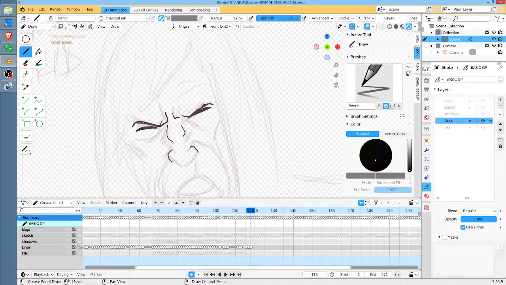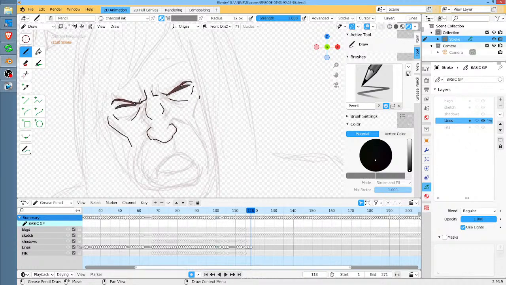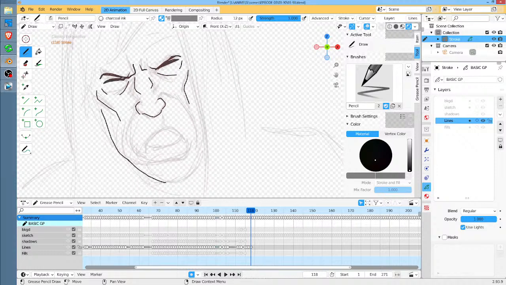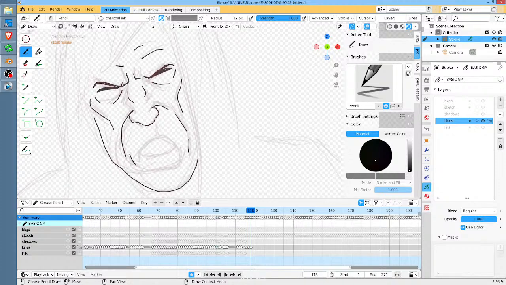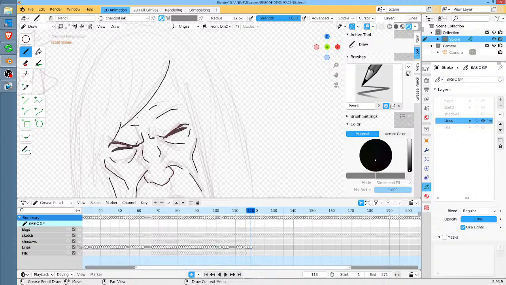So this is an interesting way of working. It feels like a traditional technical drawing pen. I like it. It's actually a good way to work. You get that Alex Toth kind of thing going on. It forces you, with a fixed width pen, so there's no pressure, to think about minimalism with your lines. What's the least I can do to convey the feeling? Maybe that sounds like a bunch of mumbo jumbo, I'm not sure, but